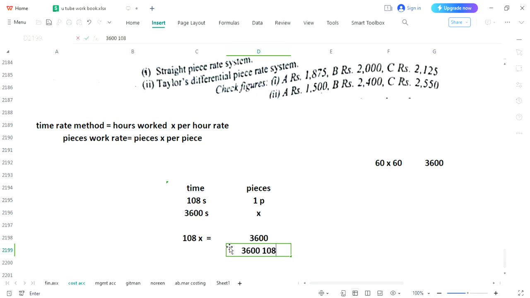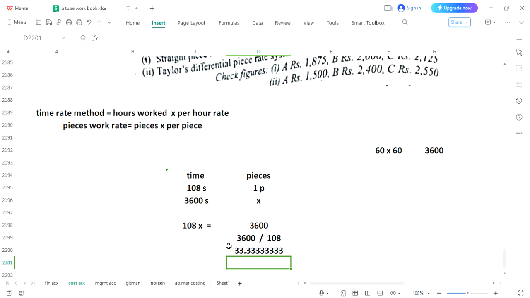So 108 at the denominator, here we are dividing it. The statement is completed. Now let's calculate the amount as well, 108. So finally we have got what? Here the question mark was at pieces. In 3600 seconds, how many pieces would be made? So we have calculated pieces